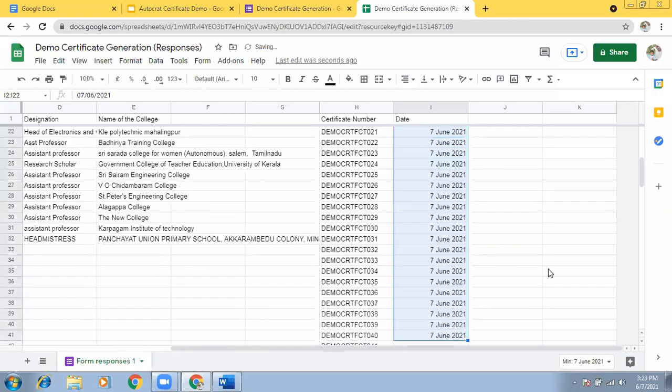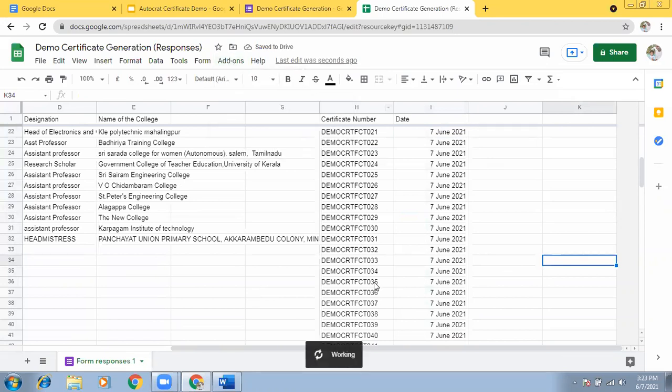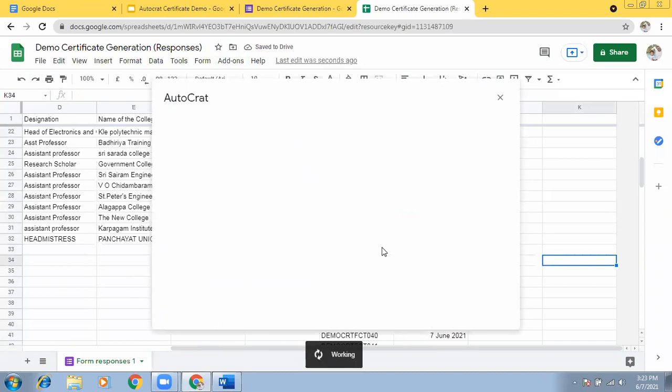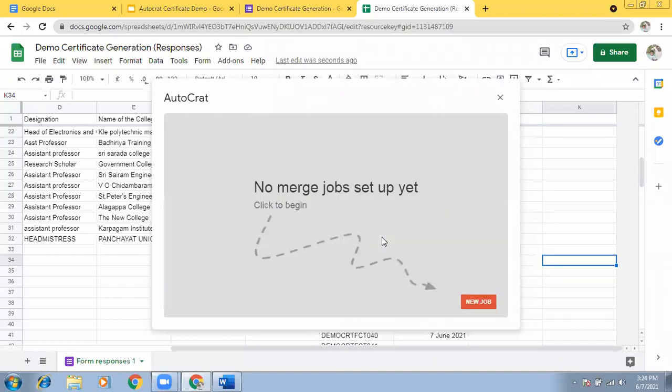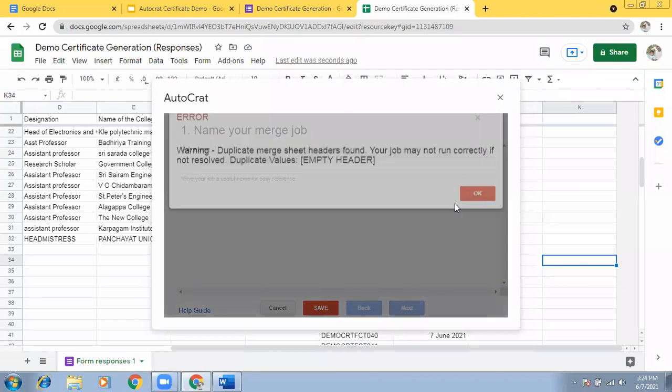This way you are doing that also. Later you go to add-on Autocrat launch. You go to new job, since I had not saved.